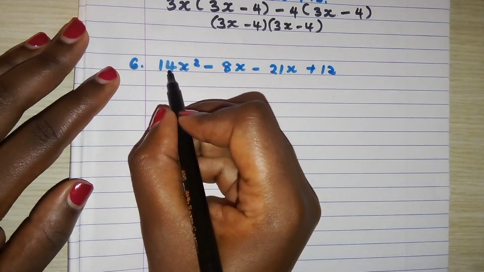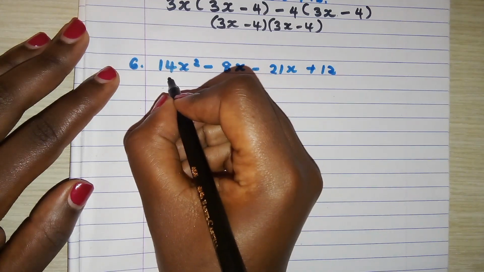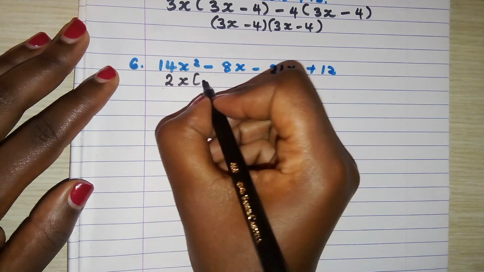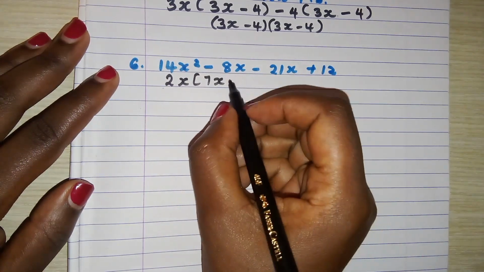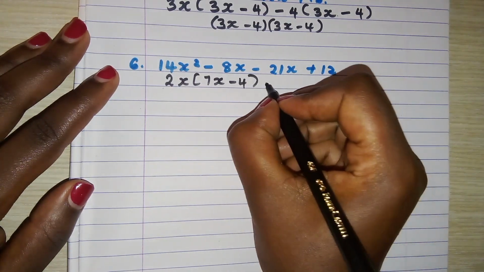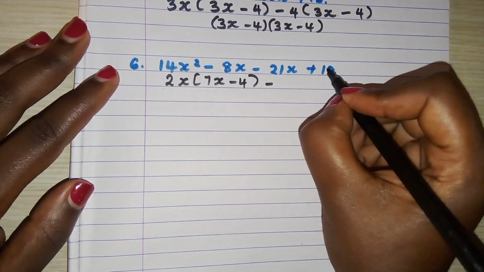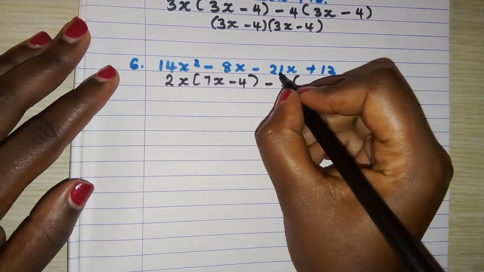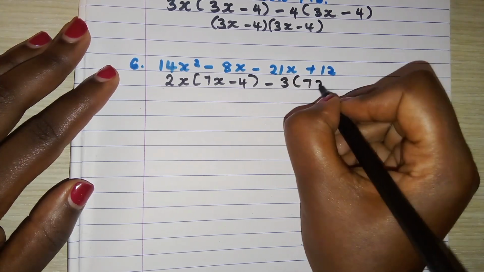Okay, so what's common between 14 and 8 is 2. And x. 14 divided by 2 is 7, and 1x is left. 8 divided by 2 is 4. Close the bracket. Minus, what's common between 21 and 12 is 3. And then 21 divided by 3 is 7x